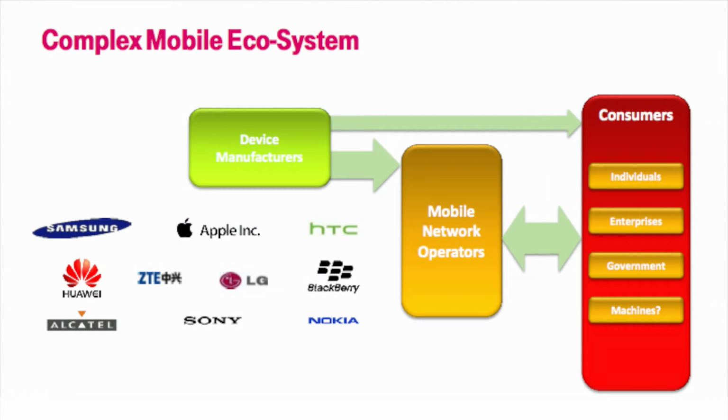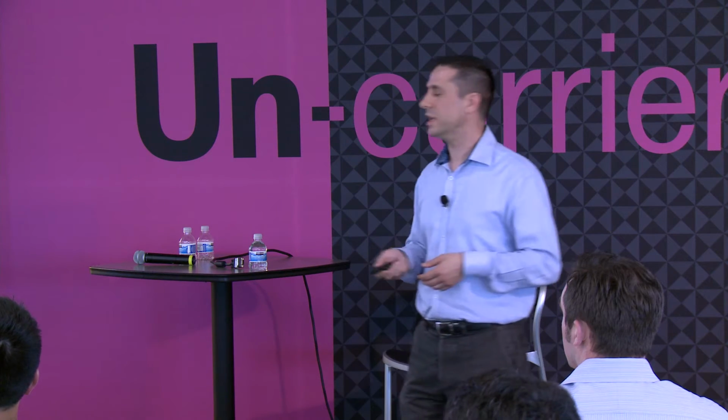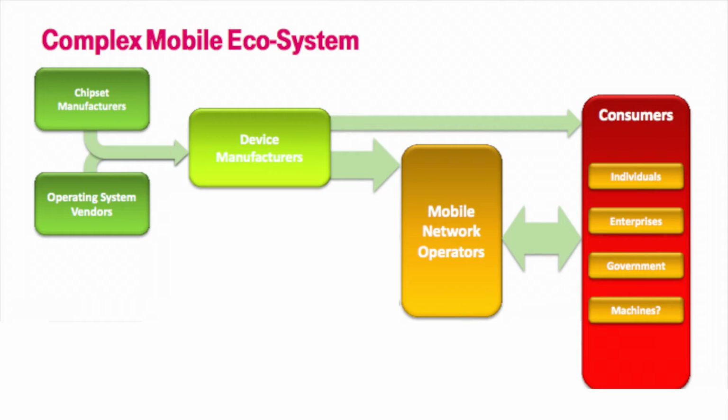You've got device manufacturers. You're very familiar with these. All of you have one of these devices in your pocket. Is there anyone who doesn't have one of these devices? So pretty standard. These are some of the top 10 manufacturers within the US. And I would expect that the vast majority of you have an Android device. So here we've got chipset manufacturers and the operating system vendors. Apple, you've got Android from Google, you've got Windows, you've got BlackBerry, Nokia, and several others. Again, each of these add to the complexity of the mobile ecosystem.